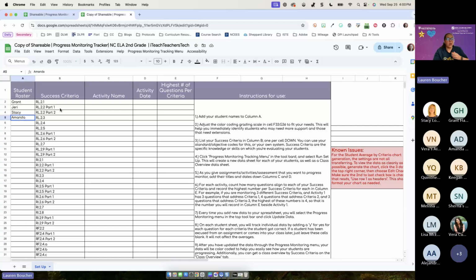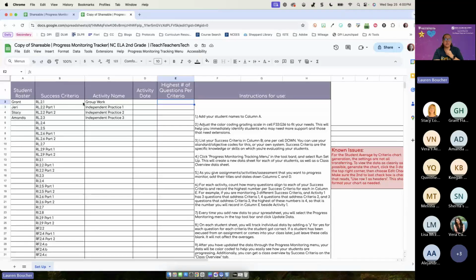All right. So then let's say that I give a group work assignment. Then we're going to do an independent practice. 1, 2, 3, and 4. I can choose to put in the date or not. Then what I tell it is, for each one of these activities, what was the highest number of questions per criteria?